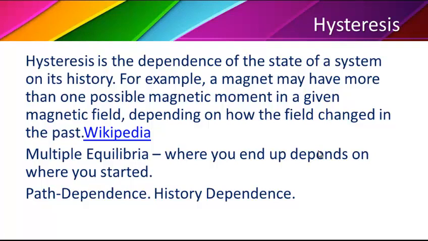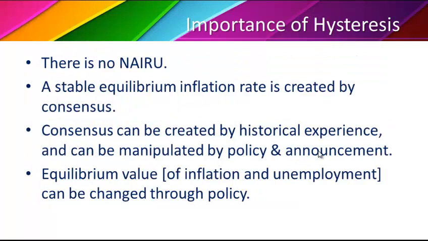So there can be a high growth equilibrium and a low growth equilibrium, and where you start will determine where you get to. So this is also called path dependence. In order to predict where you are, you have to look at the path, and this is also called history dependence. Why this matters is that